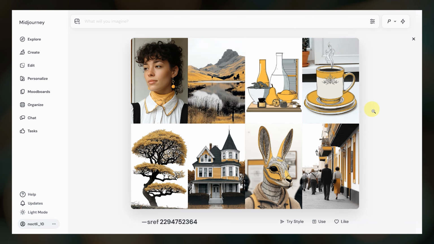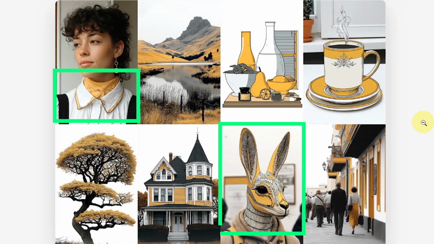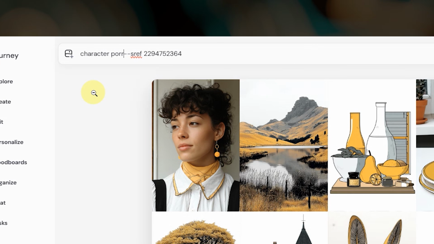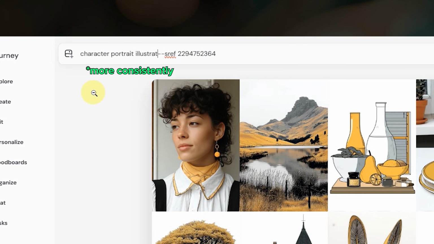In my experience, a grid that looks like this tells me that this SREF code would actually work best with prompts that include the word illustration. The biggest giveaway for me is when I see scribbles and illustration-like elements combined with a mostly photographic style image. At the default style weight of 100, this SREF code will likely perform much better if the word illustration is